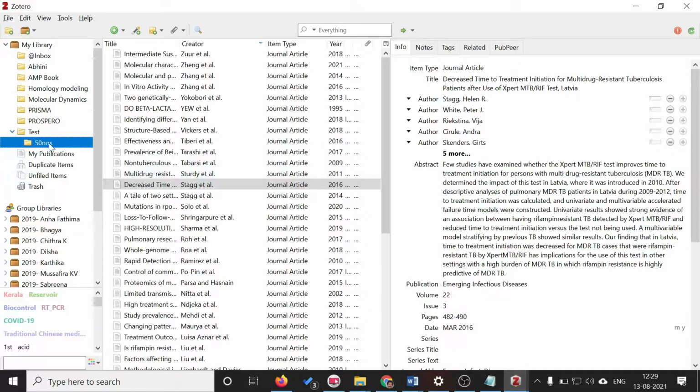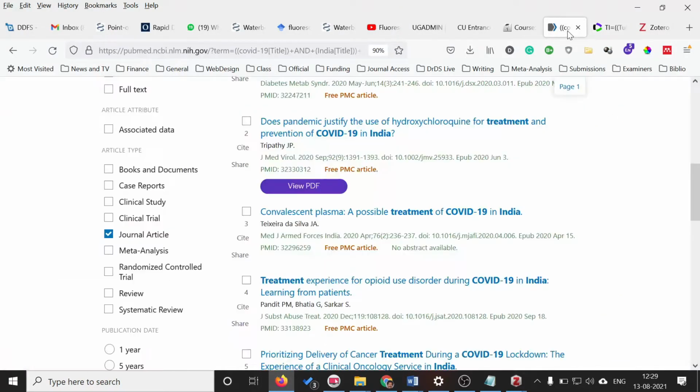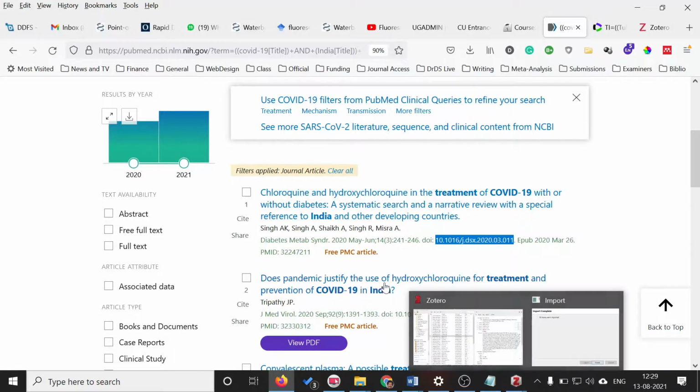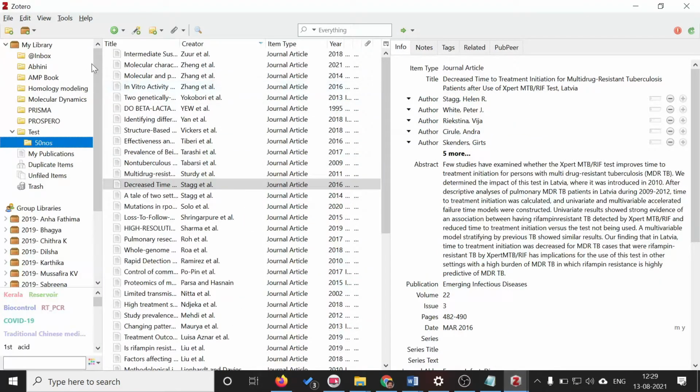Then there is another option. That is, I mentioned that there are some unique identifiers like DOI number or PubMed. So if you have a DOI number of a standard article, then you copy that DOI number. Right now I am copying this DOI number, and then I will come back to the Zotero page.